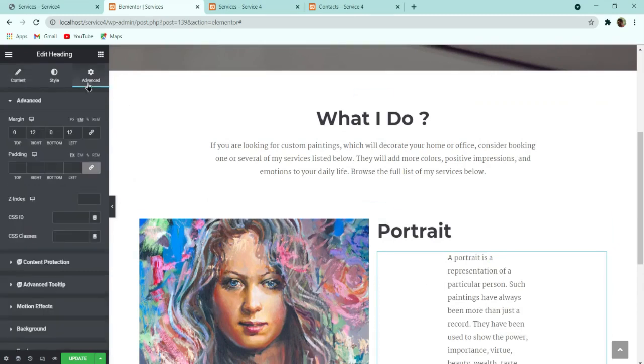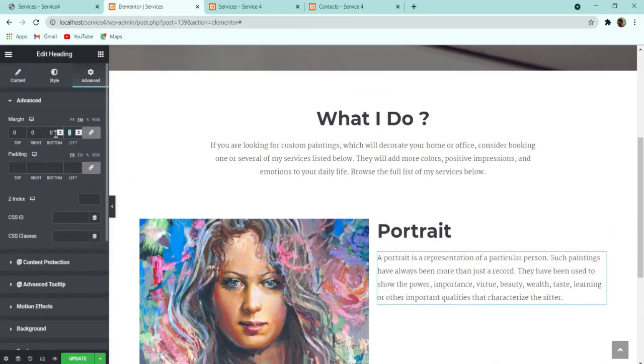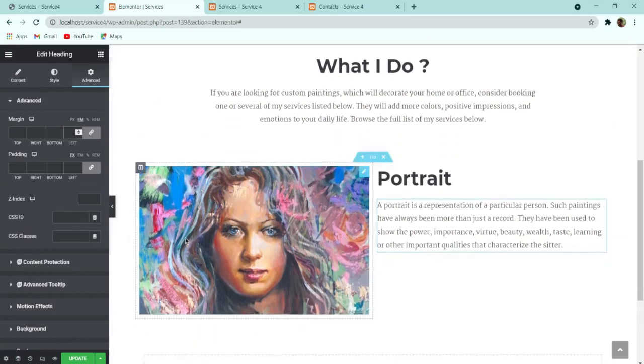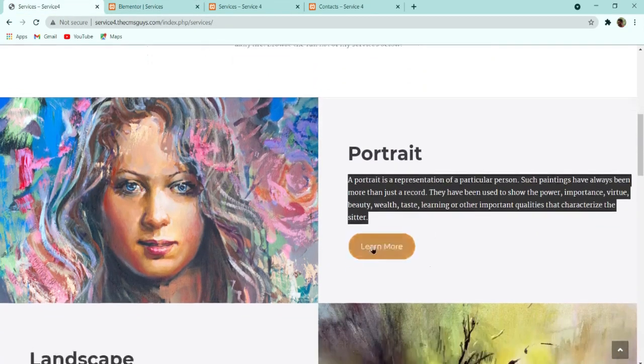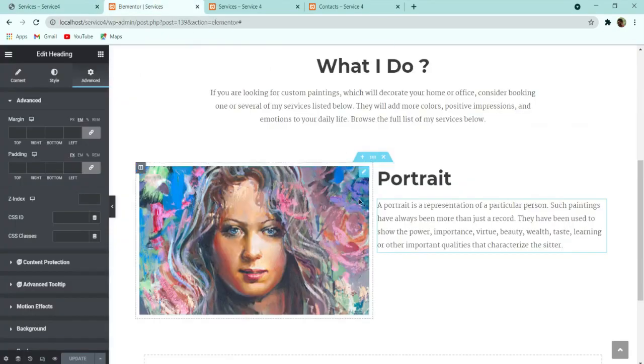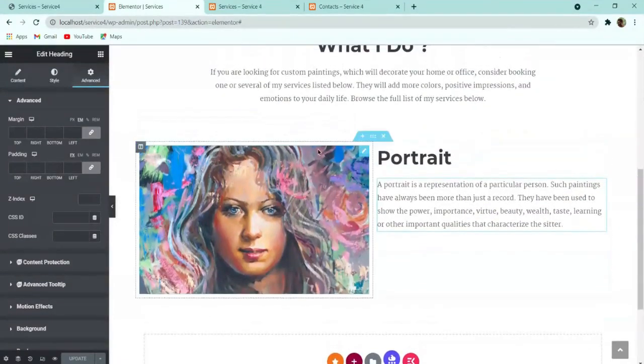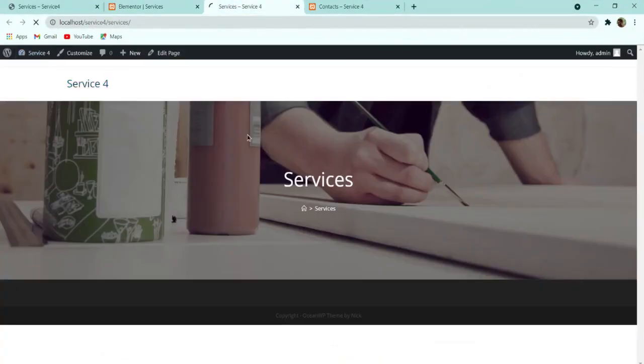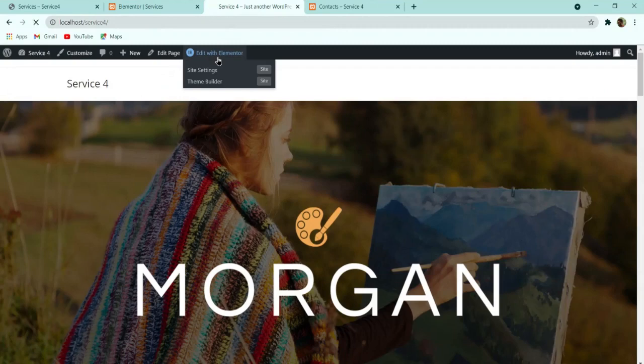So here I have to go to this advanced and make them 0, because we don't need these extra margins for this section. And let me click on update. So now let me tell you, we have already created this button in our home page and different pages. So let me tell you a hack for how you can get this on the services page. Here I will go to the home page, and I will click on edit with Elementor in a new tab.